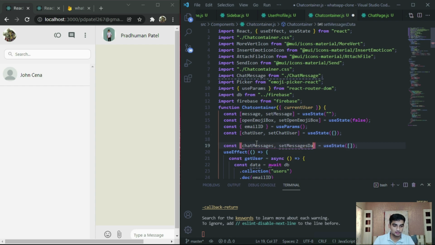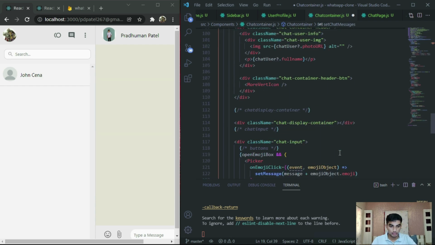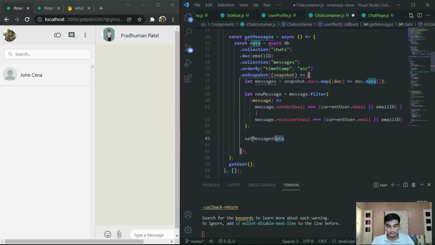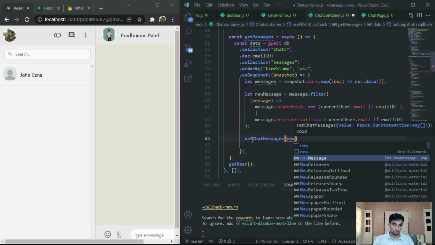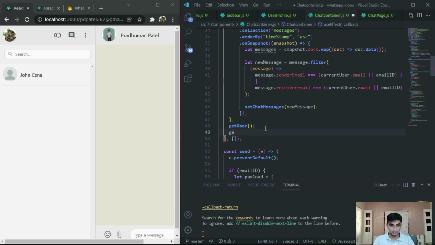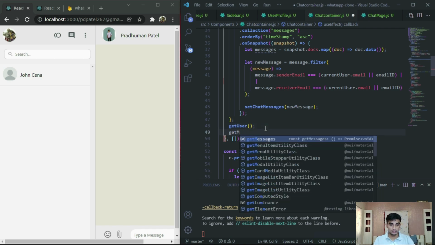Type chatMessages. Okay, now we have to set that chatMessages as this newMessages and save it. Now we have to call this function getMessages to get the messages here